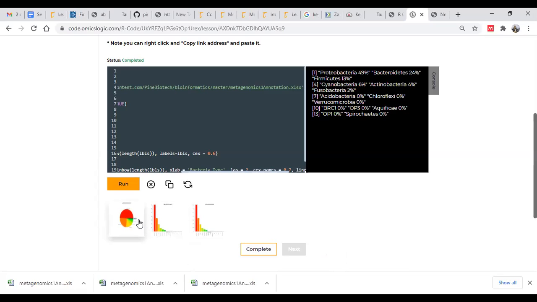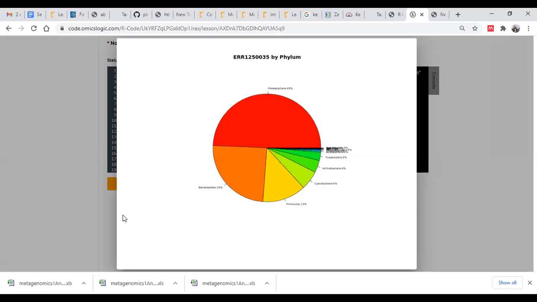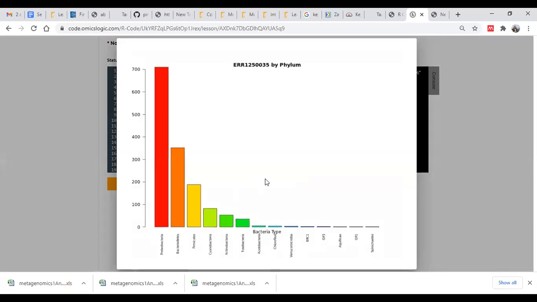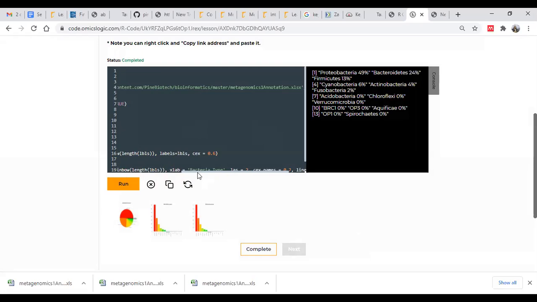after running this pipeline, this is for one sample, and we will get the composition of each of these microbial species that is present. This is in the pie chart. And then we have this bar plot that will let us visualize how much a particular microbial species, OTU, or taxonomic unit is present in this particular sample. So this is how we can simply run this pipeline and understand what each step is doing.